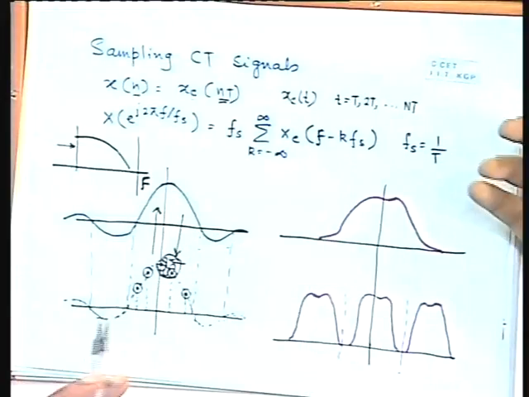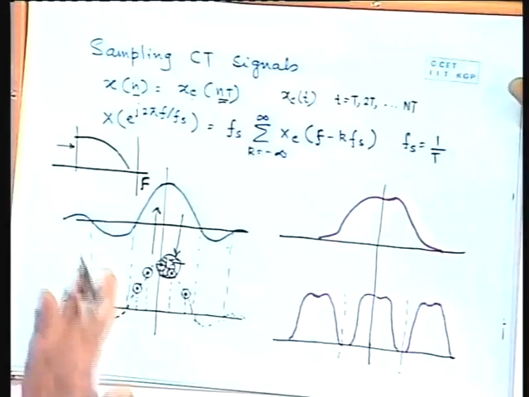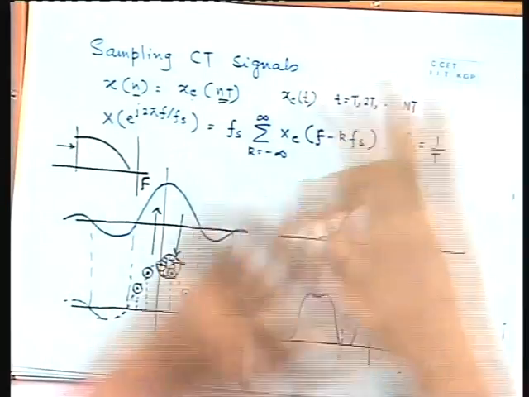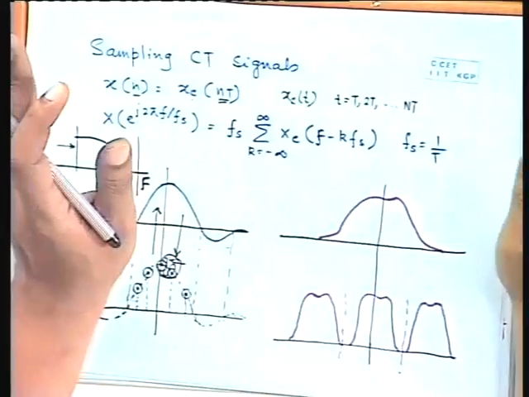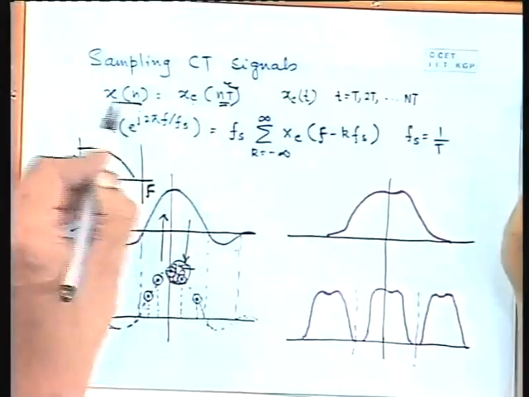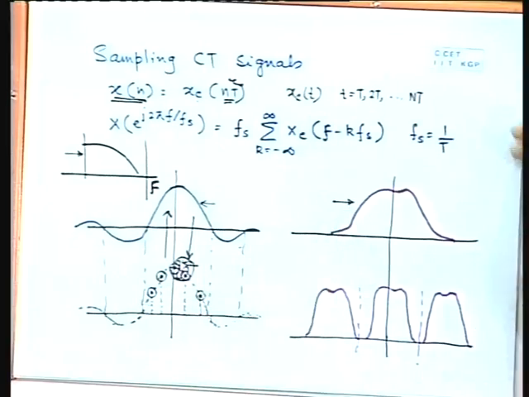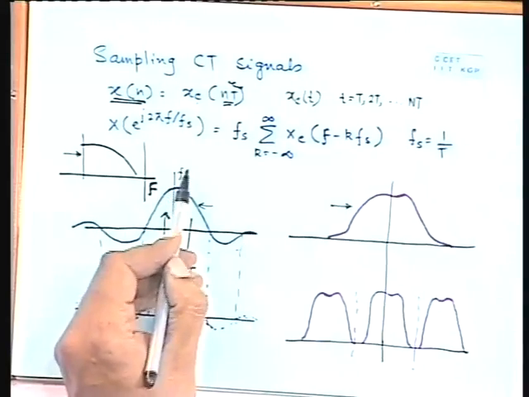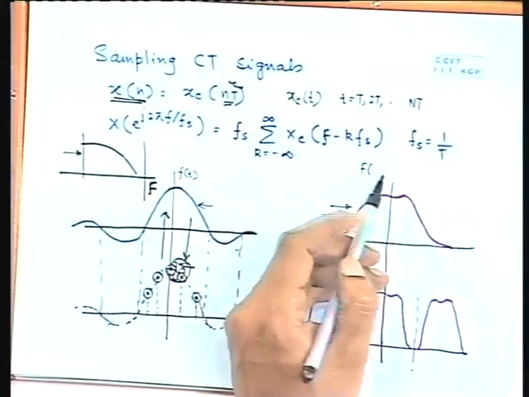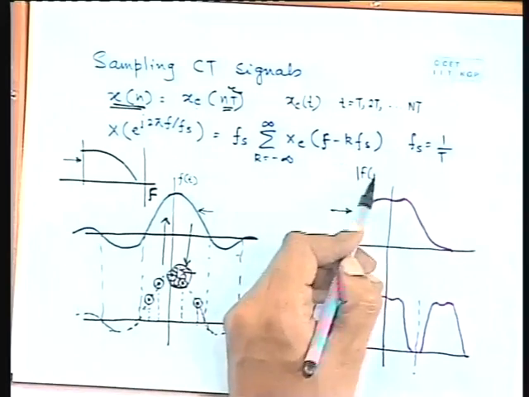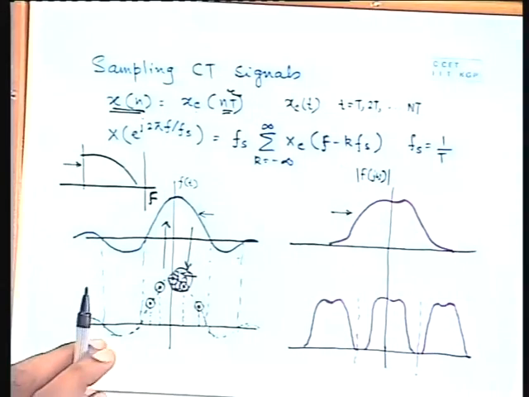Okay, so we have to remember these things, although in our course we will never encounter it. We will not even mention capital T. We will always talk about x[n]. But we must remember that if we do not keep this in mind, then we are going to have serious trouble. What is the trouble? See, the trouble is that suppose this signal has a frequency spectrum like this, that is, this is f(t) and this is |F(jω)|. The phase plot I have not drawn. This is omega.